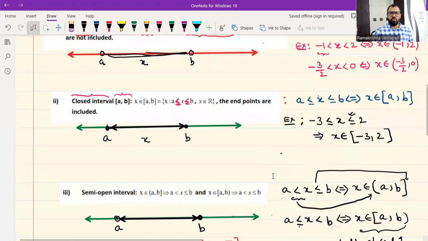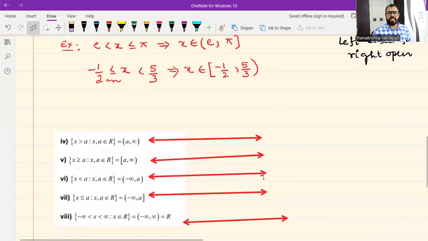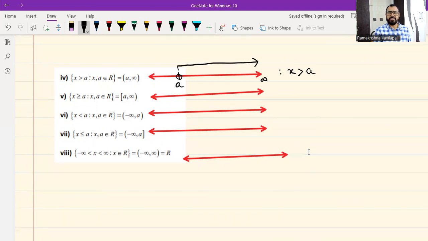So now, one end is indefinite, meaning the interval starts from one point and there is no end, right? So such intervals, how do we denote them? Here you see, X greater than A, right? So it starts from A, but A is open, right? More than A means you have to take to the right side, like this. This is infinite. So the meaning of this is X belongs to